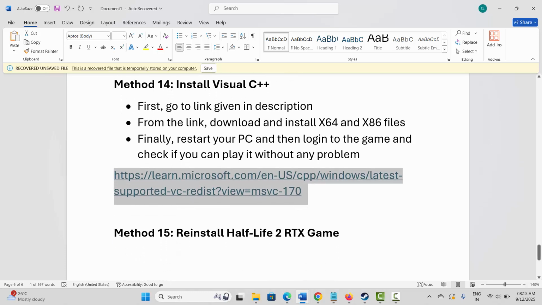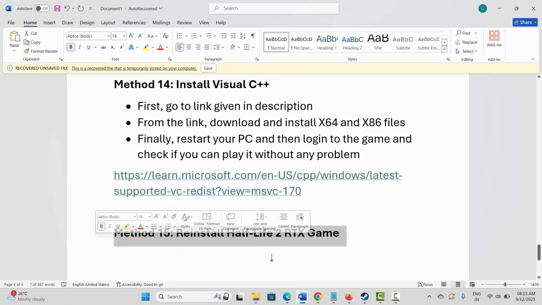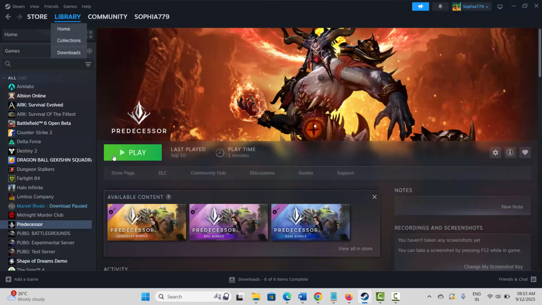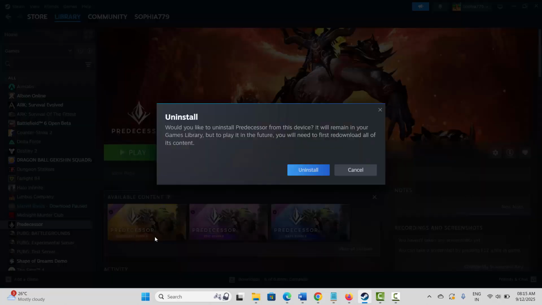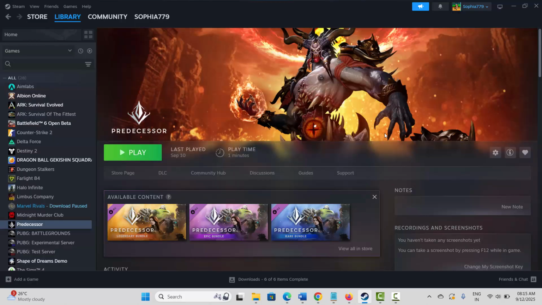If not, the final solution is to reinstall Half-Life 2 RTX game. For that, go to Steam, under library section, select your game, right click on it, click on manage, then click on uninstall, and again click on uninstall option. So after uninstalling the game from your system, restart your system once. After restarting, launch Steam and reinstall the game once again. After reinstalling the game, click on play option and try to play it and check if it's working without any